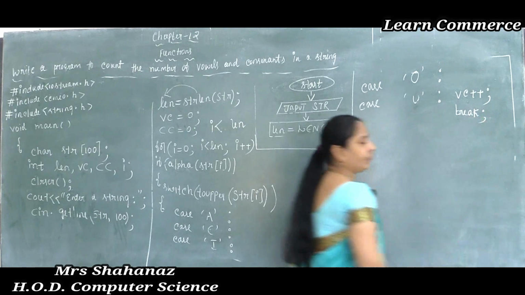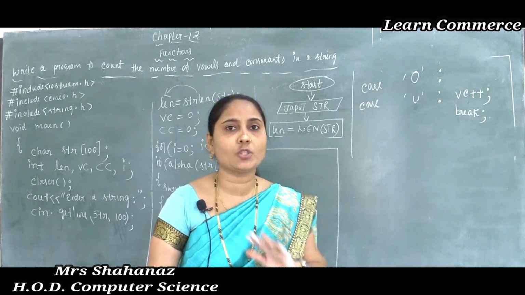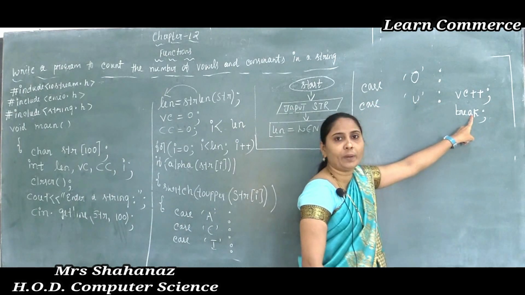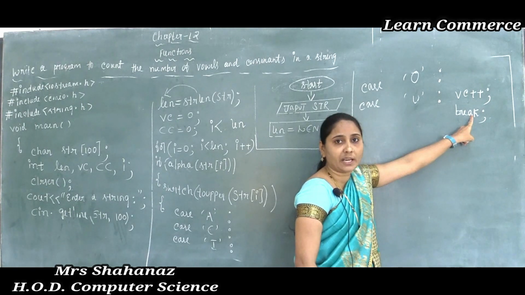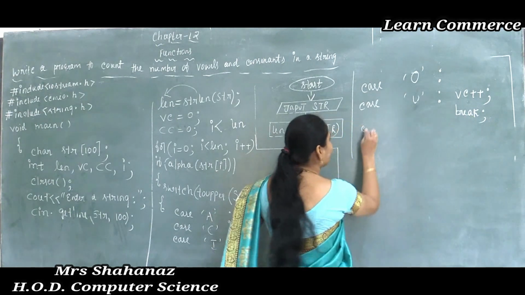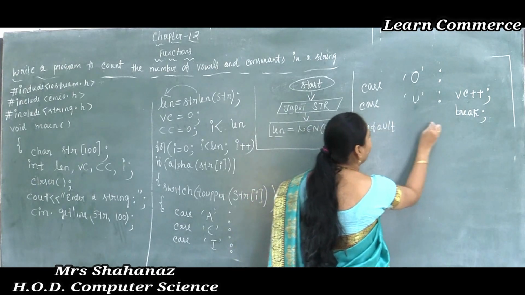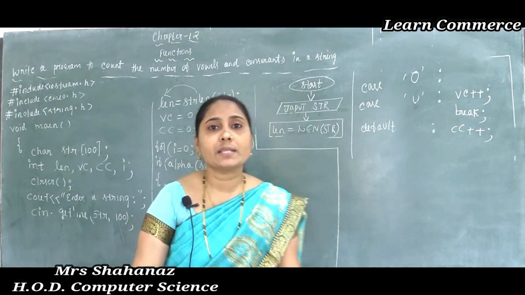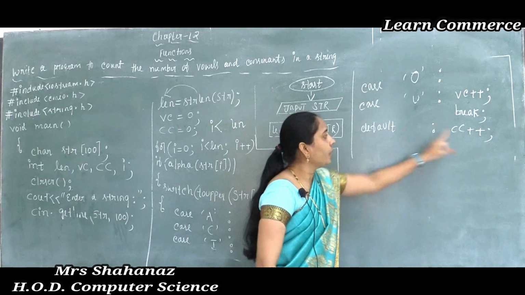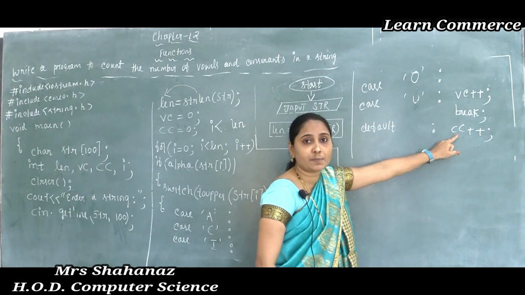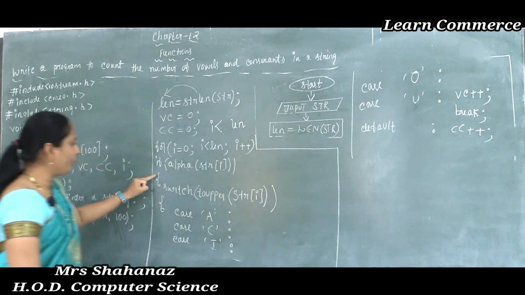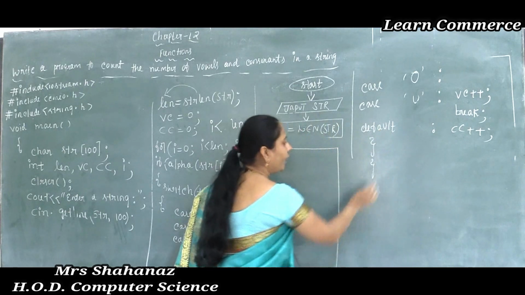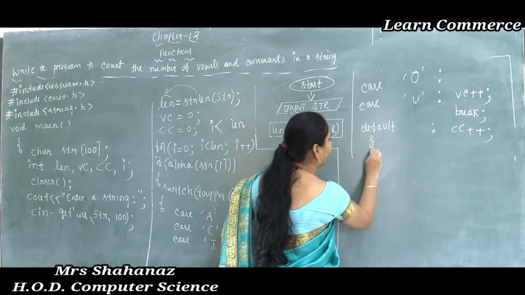Break means if the character you are accessing is not equal to A, E, I, O, U, then you have to break it. That means here, at the end of the statement, you have to break such a statement. And later, next, add such a character in our CC plus plus. Clear this part here? Added the character in our CC plus plus. Clear this one? Default. Then add the character in CC plus plus. Do you understand? Later, next, I opened the bracket twice, so such brackets I am going to close twice here, in this case.